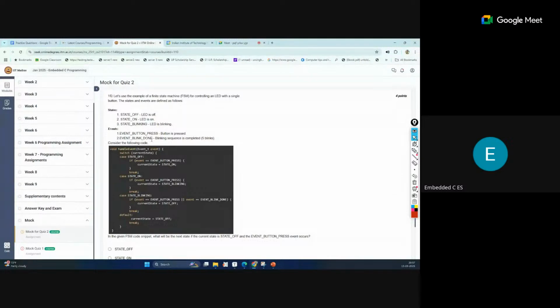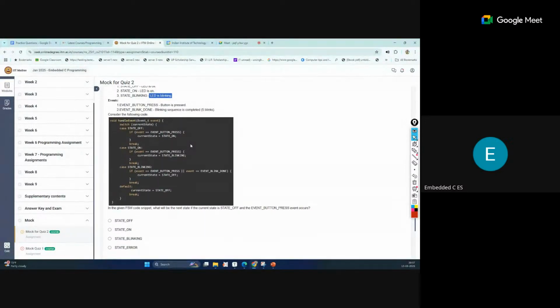Event blink done means the blinking sequence is completed, 5 blinks. So the LED is blinking, and when the LED has blinked 5 times, one event will be generated. That means the blink is completed, the 5 blinks are completed, so one event will be generated and the state will be changed again.